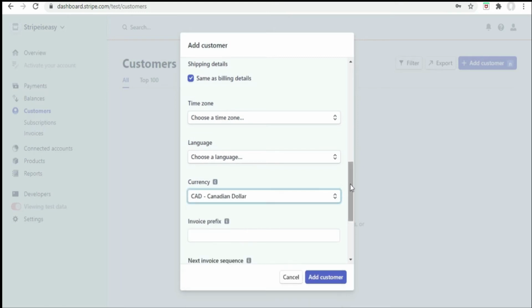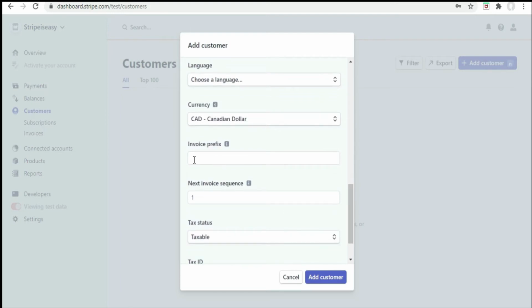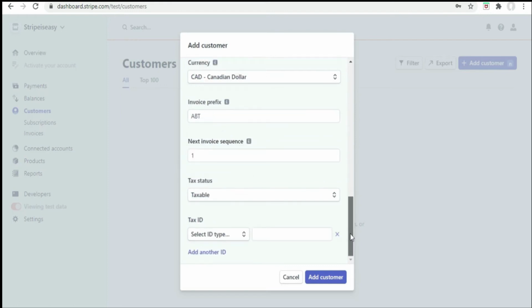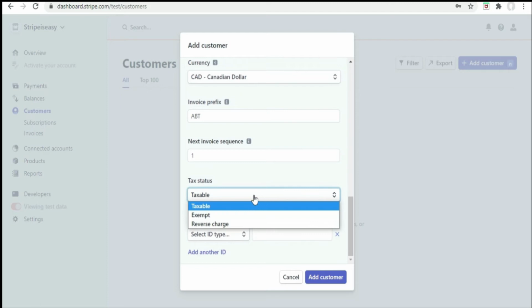Now when it comes to invoice prefix, you can give anything. When you click here, it shows the invoice number for all future invoices for this customer will begin with this prefix. So I type this, the invoice sequence starts with 1, more details you can find here. Okay, and then tax status, if it is taxable, choose taxable.